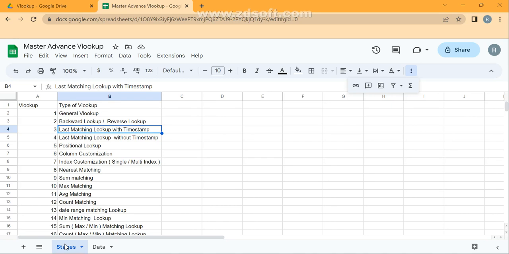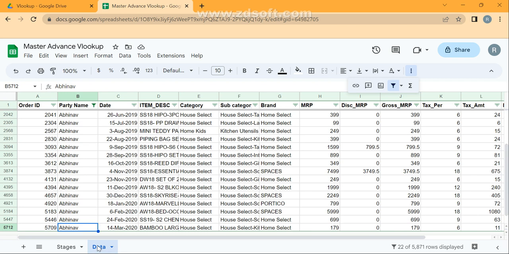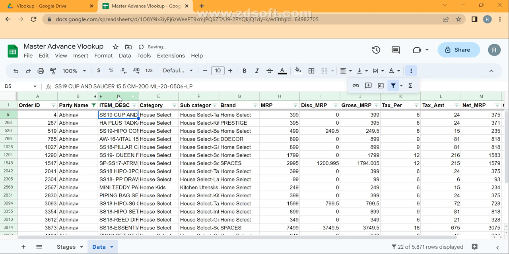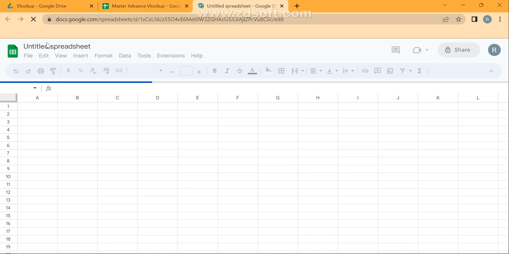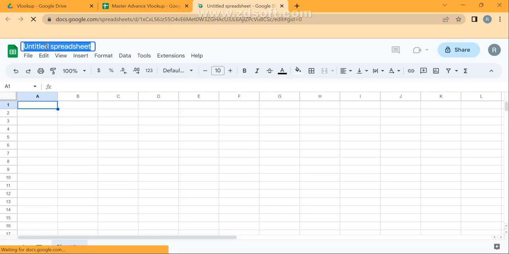In this video, I will show you how we can do the last matching lookup without a timestamp. In the last video, I showed you how to do the VLOOKUP based on a timestamp, like based on your date value. For example, just assume that in this table, this date range is not available. I'll take you into another spreadsheet to make you understand a little better. For example, last matching value